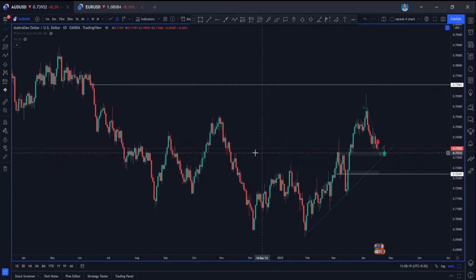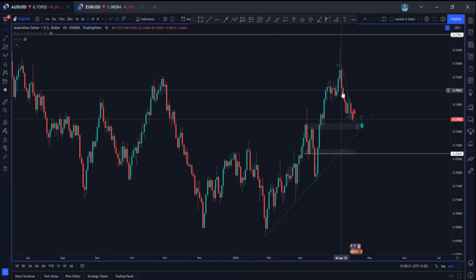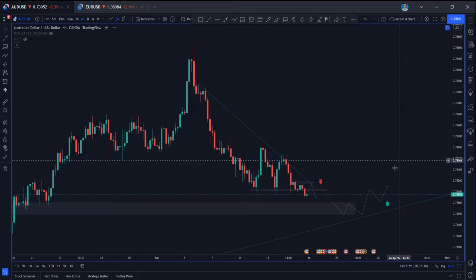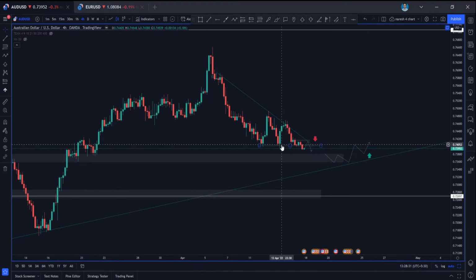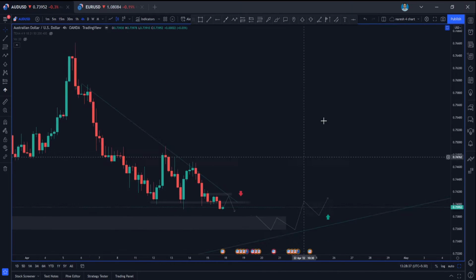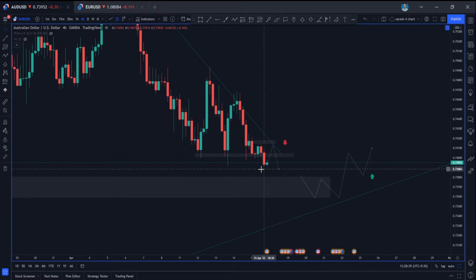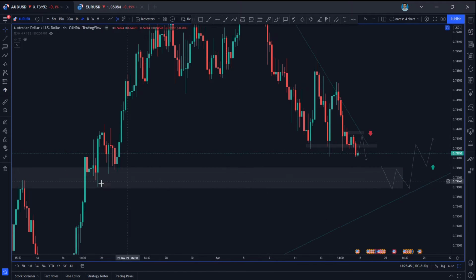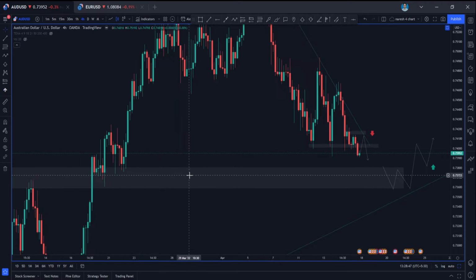So in AUDUSD we can see here that the momentum is changing. We made a large wick candle and the bearish momentum is kicking in on the 1 day time frame for AUDUSD as well, and we have already made something like a double top here, and we have also broken this support here, guys. So what I'm looking at here is that the bearish trend is continuing, and this is an important support level here, guys.